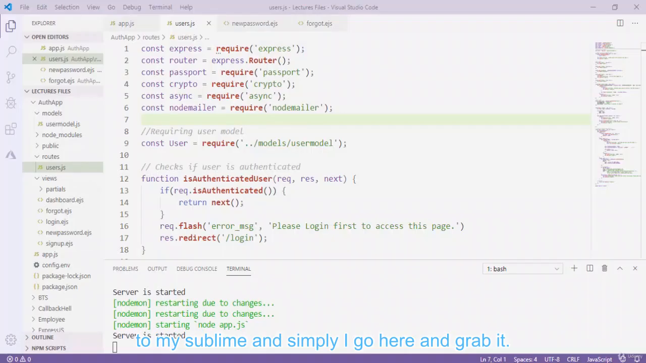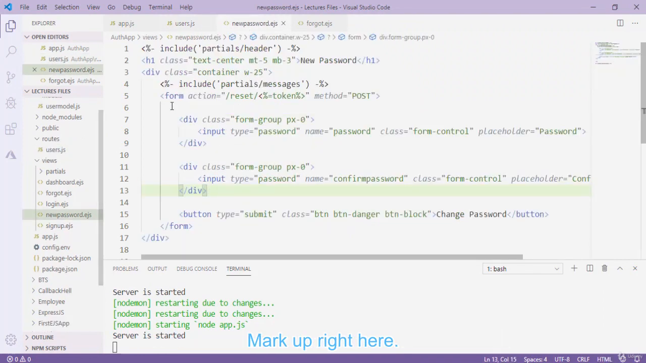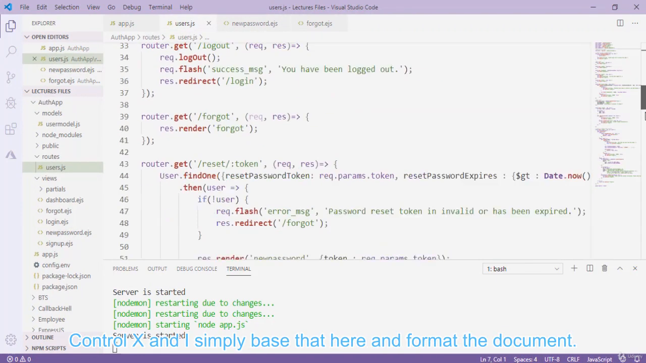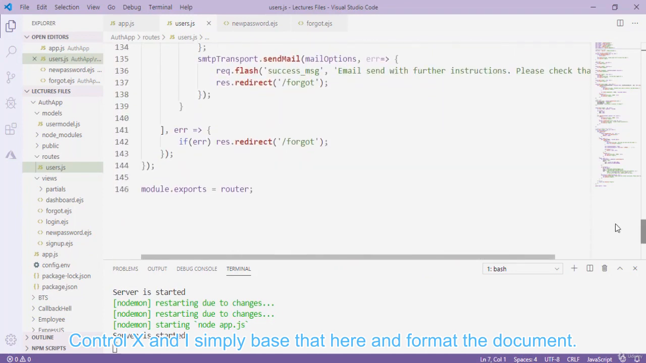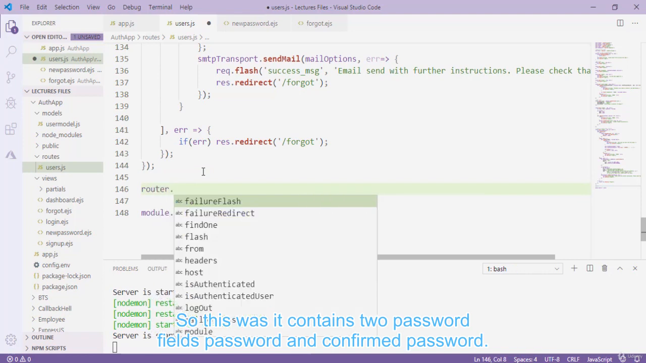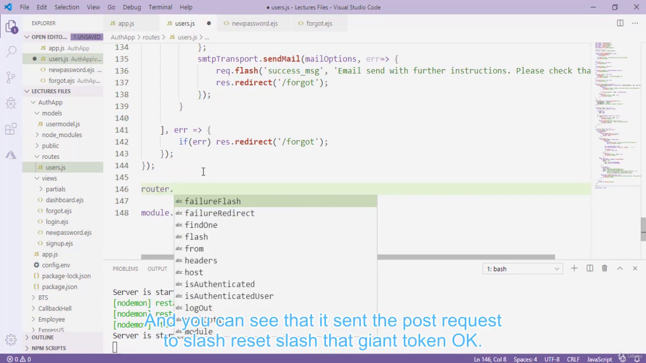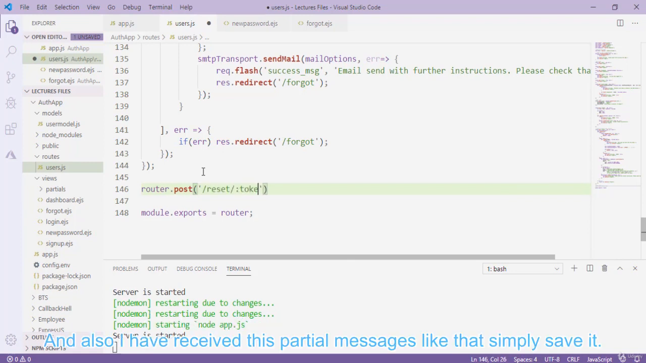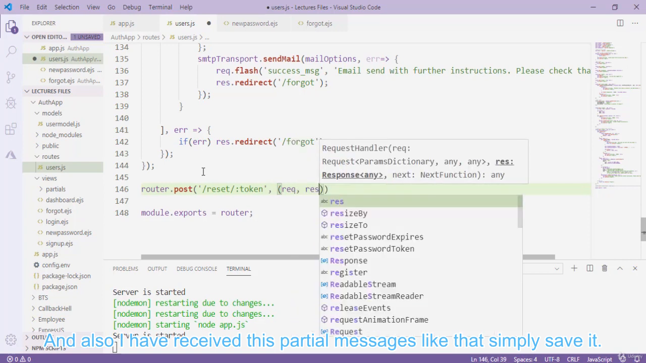First of all, we know that we have a post request to this link. So I create a post request under this. This is also a giant function, so you have to pay attention. So router.post, and the URL is reset slash token, request, response,